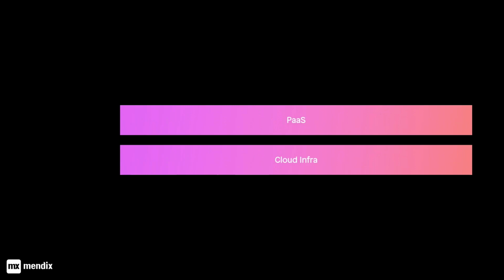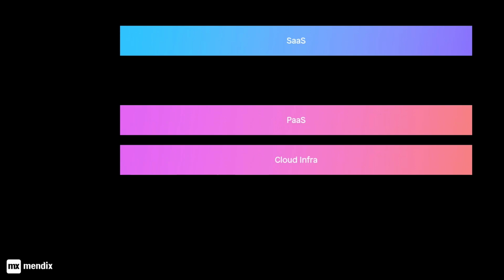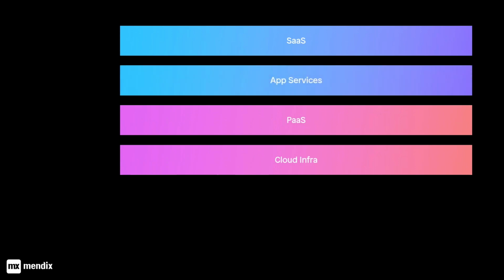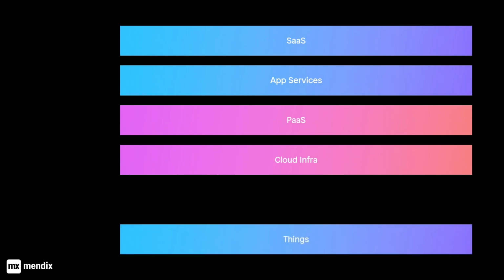But in order to create these experiences, you need a number of layers. First of all, you need a cloud infrastructure that's able to scale. You need to then build a platform as a service on top of that, something like Cloud Foundry or Kubernetes, so that you can scale the number of instances and the number of environments that are running on that cloud infrastructure. You need a software as a service solution that provides you with these capabilities to be able to scale and add those applications. And those software solutions often integrate to app services, whether that be IoT services or machine learning services on top of those platform as services.